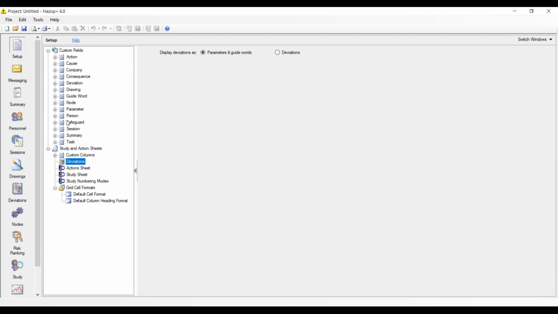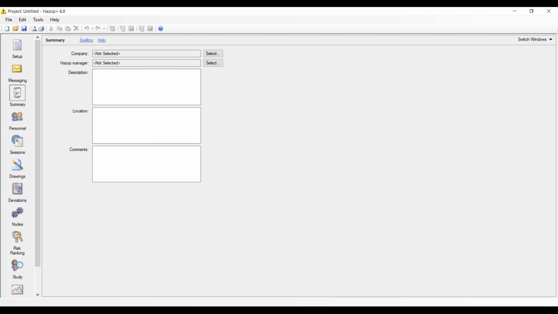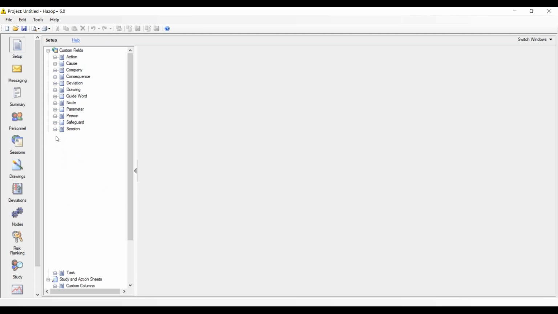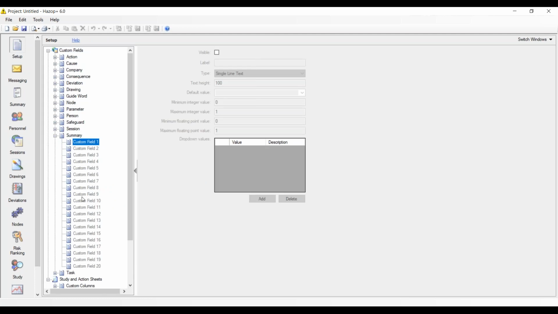Now, the custom fields allows you to add additional fields to each sheet of the Hazop. So for example, let's say we were looking at the summary. The summary sheet lets you enter just basic descriptive information about your Hazop. So these are all just text fields, but maybe you want to add an additional field, maybe a start date or something like that. So I can go back to setup, go to summary, select one of the 20 custom